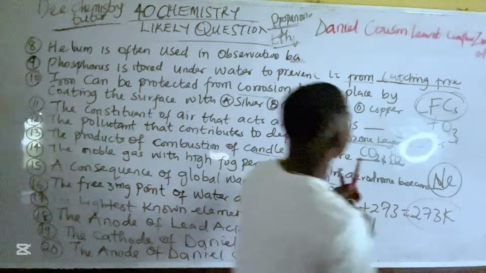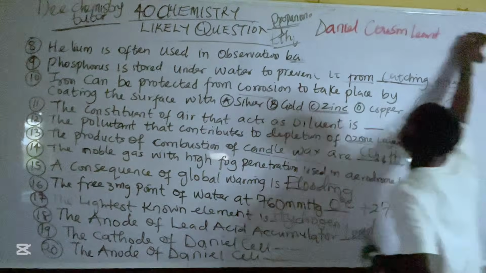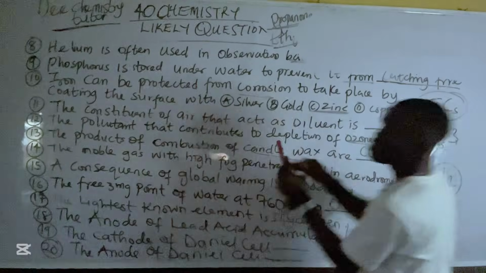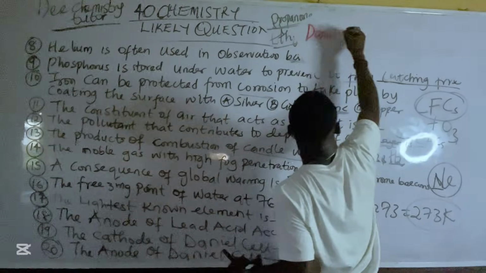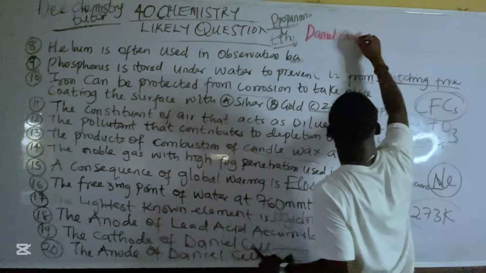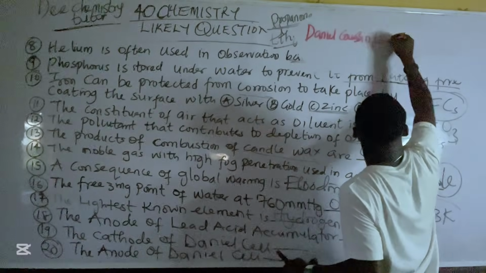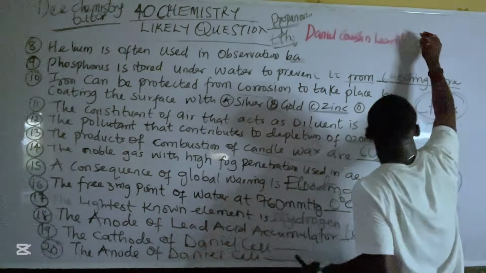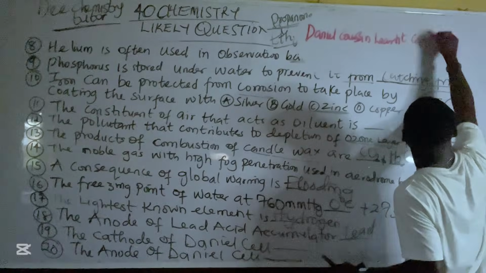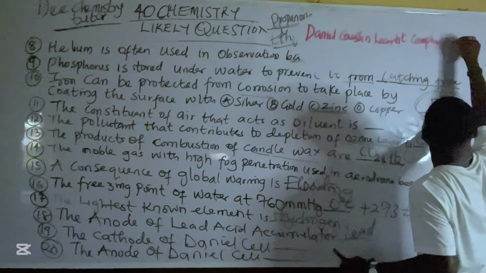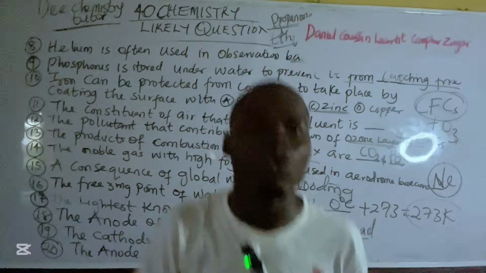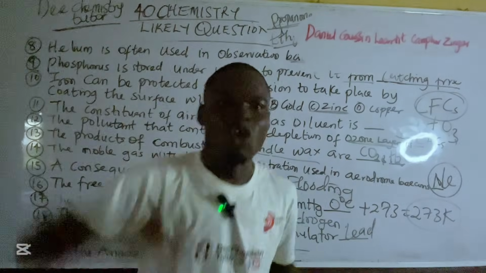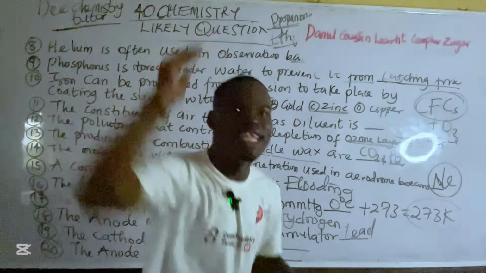I think it's not showing well, let me make it. Daniel, cousin, Leclanche, camphor, zinger. Okay, from these mnemonics, you'll be able to know the anode and cathode of both Daniel cell and Leclanche cell,